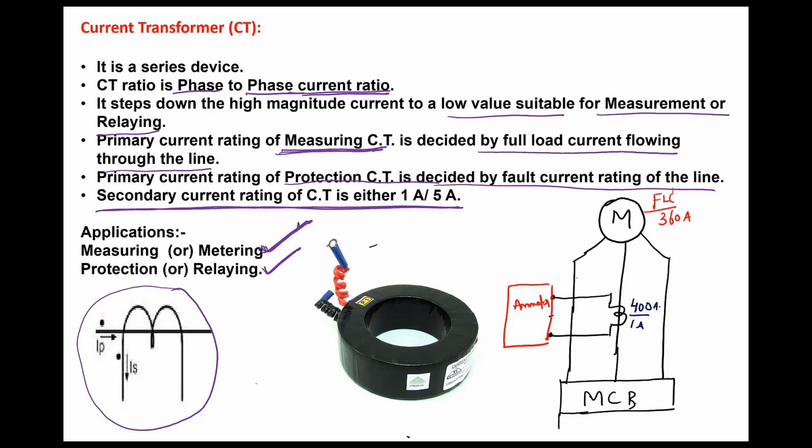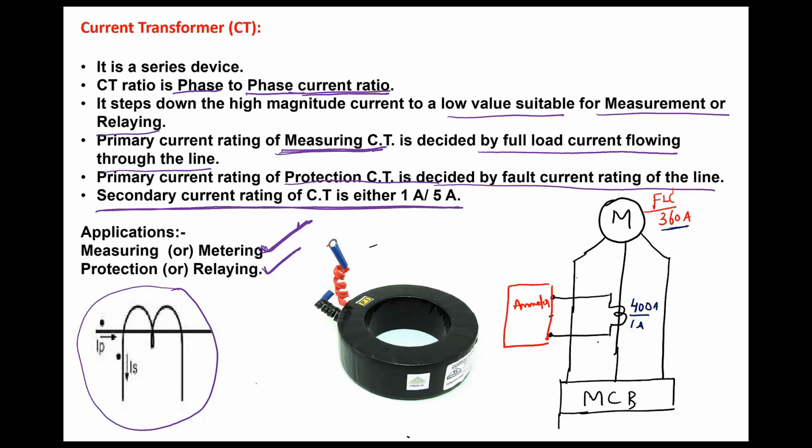So when you are measuring the current, the ammeter should be very accurate. Understand? Suppose the current flowing is 360 ampere, it should show the current with at most 1 or 2% error. That means it can show either 355 or 365 only. It should not show 320 or 400. The error percentage should be very, very small. The measurement CT should accurately show the actual current flowing in the line.